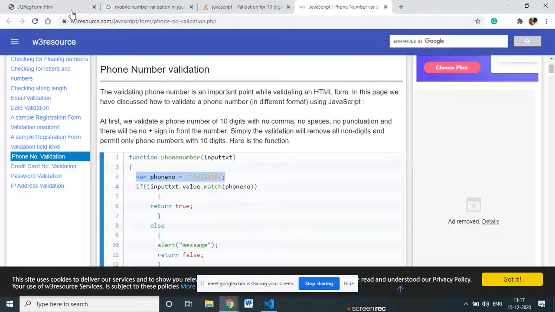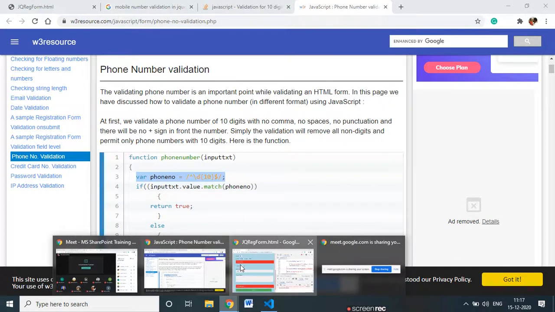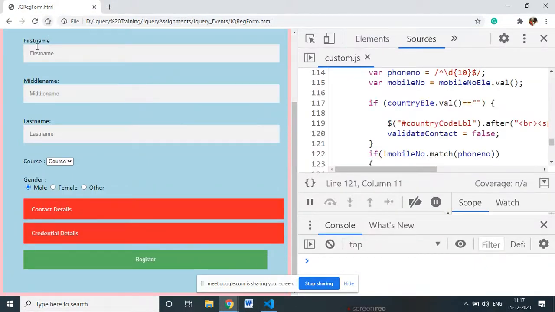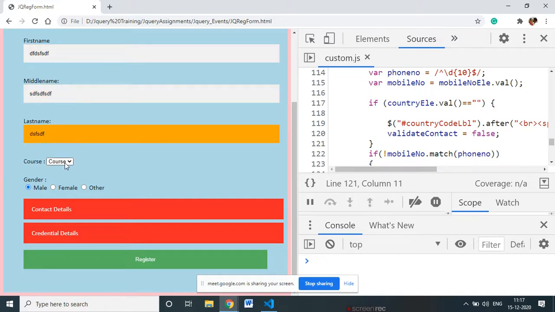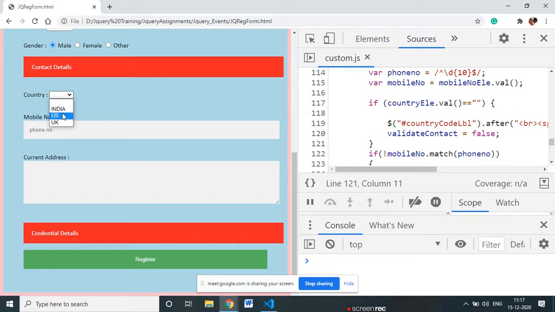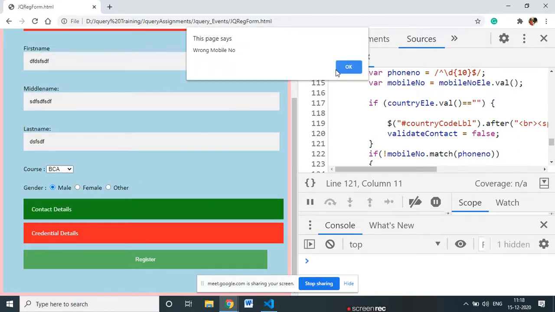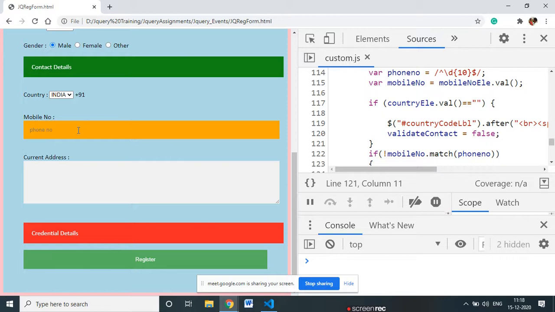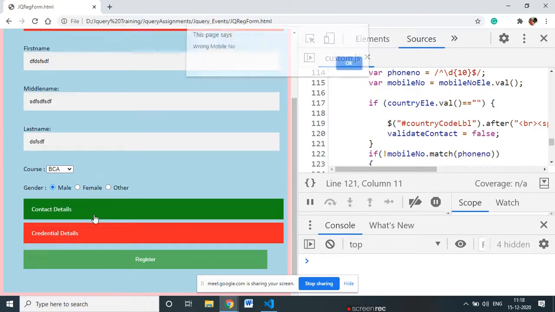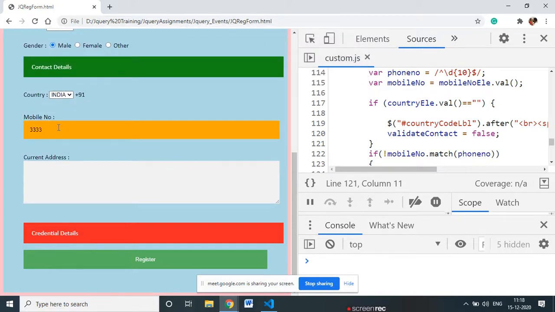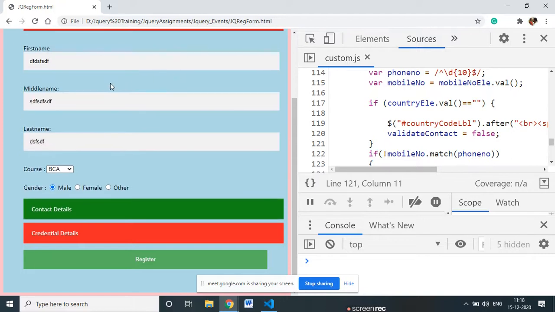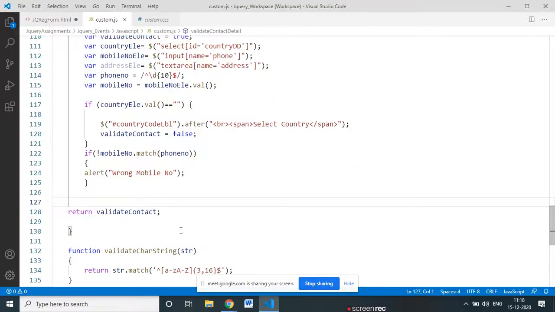Okay, now again I will go here, check that. Again I put the details here, fill the details, correct details, go here and select this wrong details. Okay, wrong mobile number. Okay, this is working fine. I just put the 1 2 3 4 5. Okay, 5 digit wrong mobile number. It's working fine. Now I will enter correct number 1 2 3 4 5 6 7 8 9 10. Okay, let me check. Okay, it's allowing, means it's working fine, means my validations are correct now.